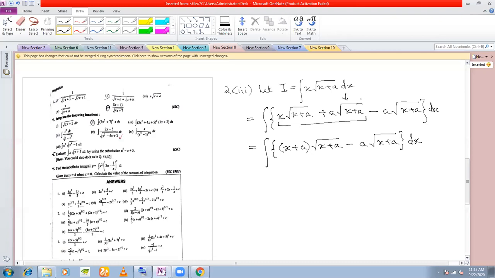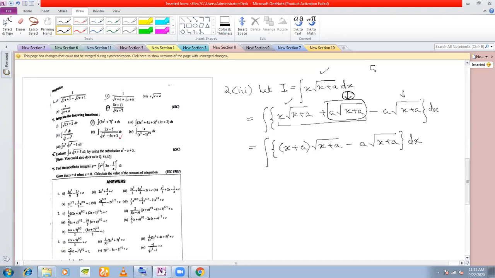These two I have added extra. Since I have added this, that is why I am subtracting this here. Understood? Since I have added this term extra, a root x plus a, I also need to subtract, right? This term appears here as it is. Only this one I have added extra, but x is not there. No, I don't need x. I am simply adding this term and then subtracting it.